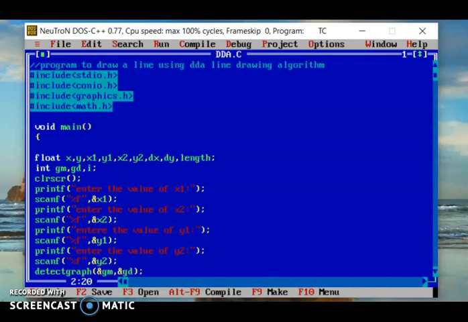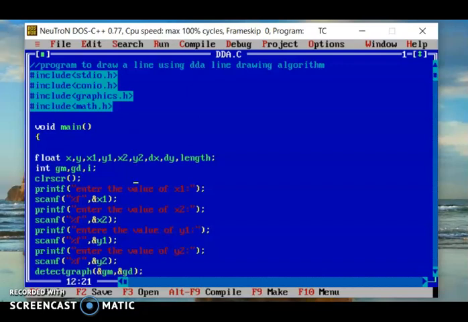Next, #include <conio.h>, the console input output header file. Next is #include <graphics.h>, which we use because in our program we are using some graphics functions. And next is #include <math.h>.